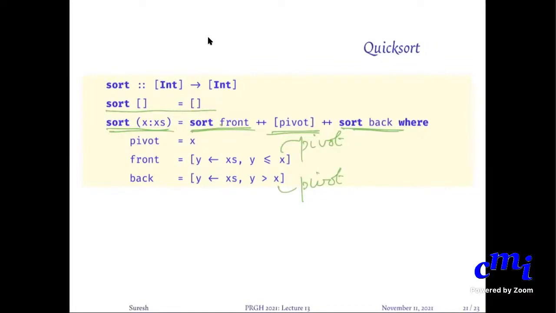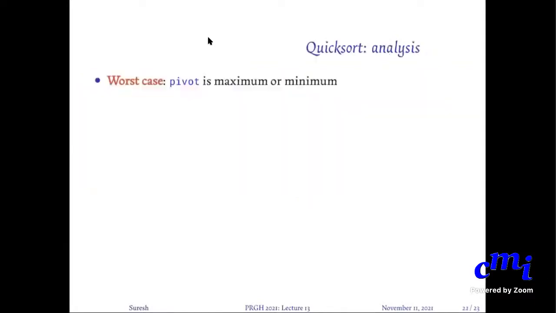I have an original list. I partition the list into two parts. Not halves, but one part which is all elements less than a fixed element, and another part which is all elements greater than the fixed element. Then I sort the two parts recursively. Just put them back together by using plus plus. That is all there is to it. It's a very, very simple algorithm to write, at least in Haskell, not in other languages.